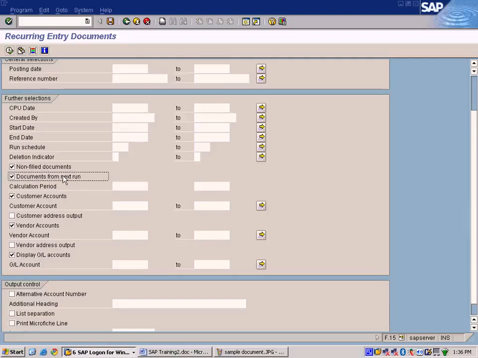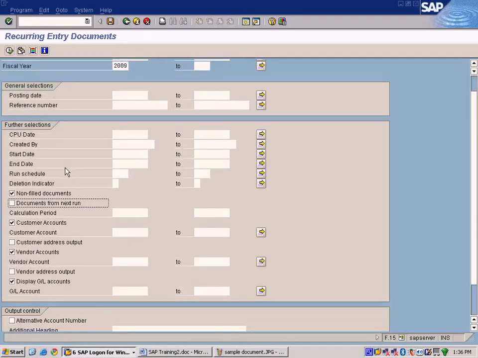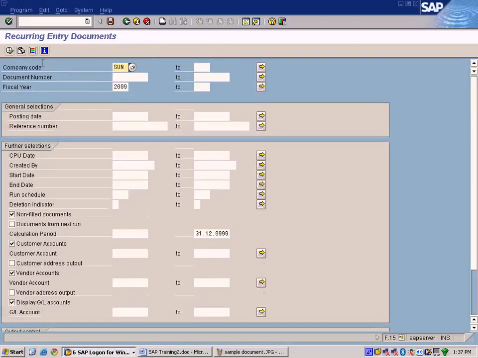You can also choose by the run schedule, non-filled documents, documents from next run and so forth. Okay,